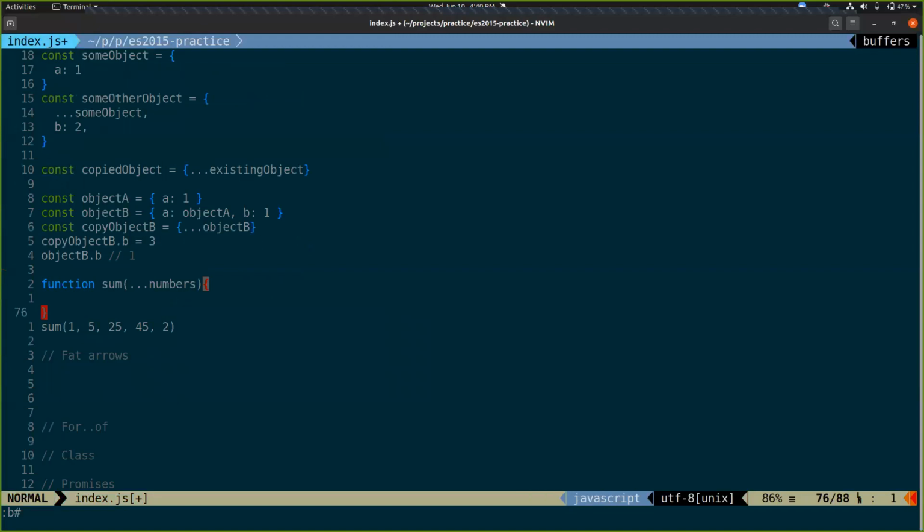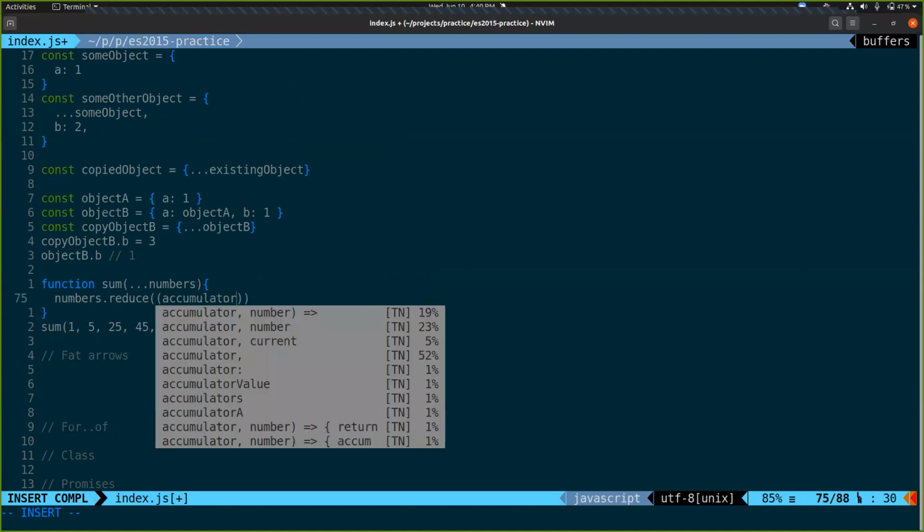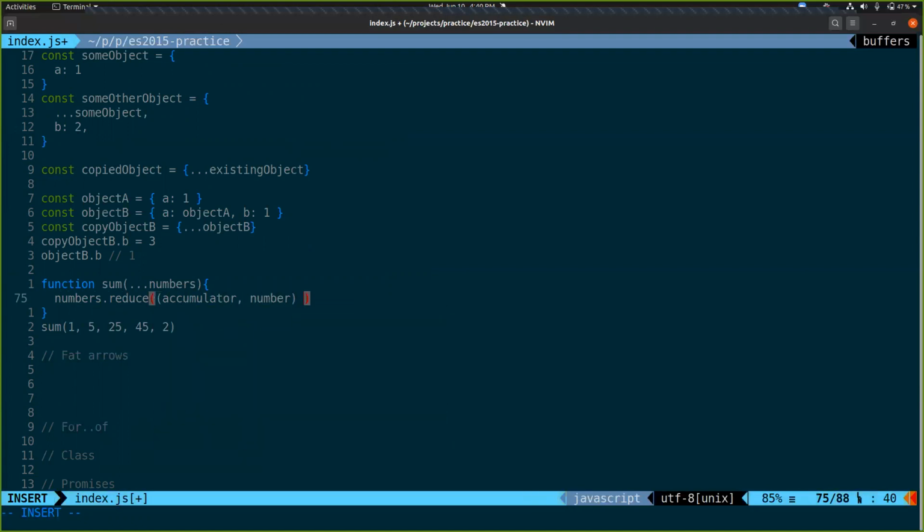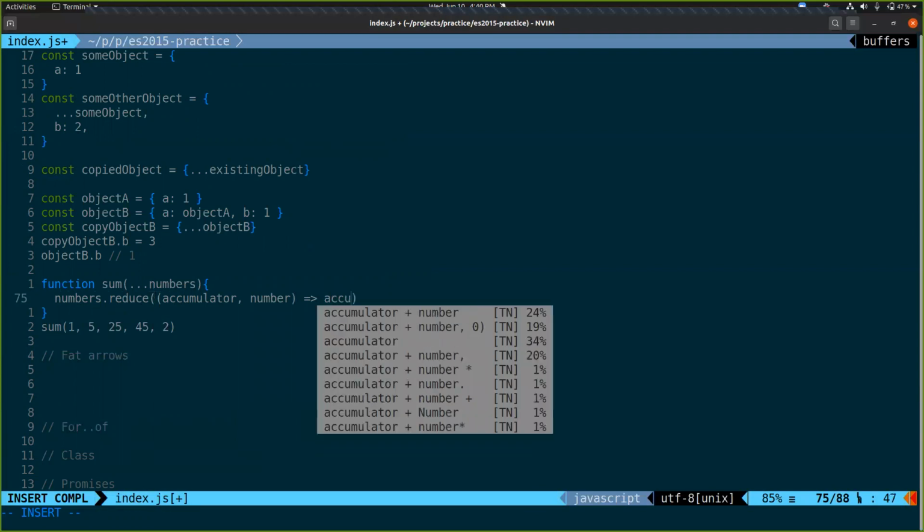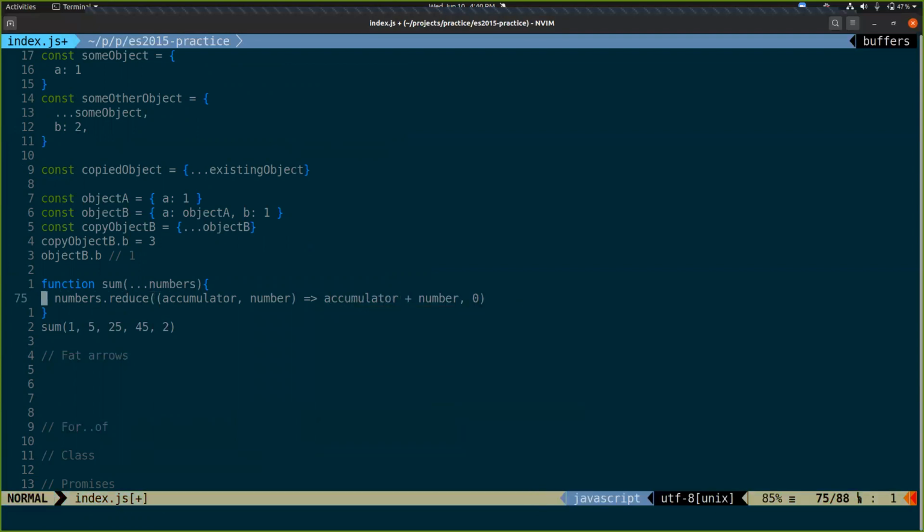But then you could do something like numbers.reduce, something like that. Questions about rest and spread?